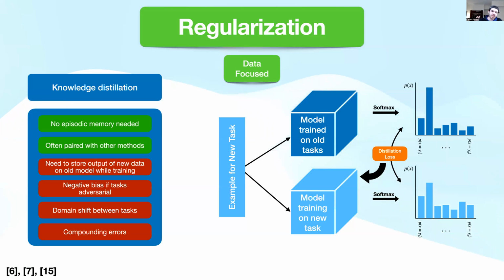But then there's this problem where after a time t, the old task knowledge is integrated into a new task model, right? But then you go to time t plus 1, and that old model starts trying to push its knowledge into the new model. And you get this kind of lossy compression that happens over and over and over again. The error compounds, and you start to get just a bad result. And indeed, you might even start seeing domain shift in your new tasks because the representations from your old tasks are kind of out of whack and they don't really mean much anymore.